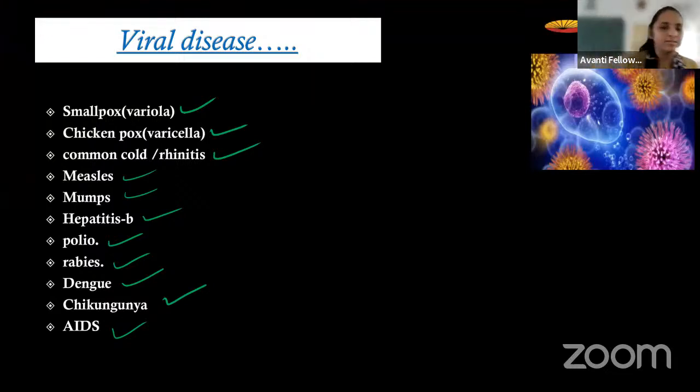Okay, students? So you have to remember these viral diseases. I have told you before, right? In the exam, they ask questions like: they will give you 2 bacterial diseases and 2 viral diseases, and tell you to select the option that contains only bacterial diseases or only viral diseases. That's why you have to remember all the viral and bacterial diseases.